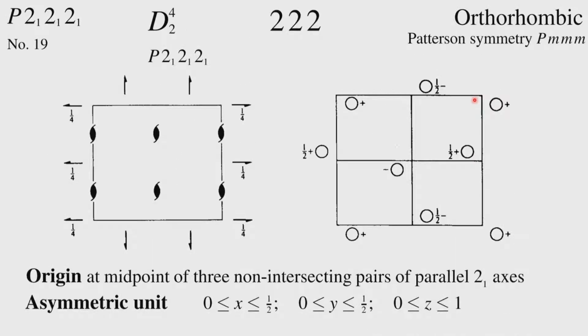So, having done P21 by C, we will now go to an orthorhombic system where we have more than one axis intersecting with each other or not intersecting with each other, as in this particular case, the crystal system P212121. We have studied this in detail and we find that this has 3 non-intersecting screw axes removed from a defined origin by 1/4 in each direction. Therefore, the symmetry elements are indicated here and the equivalent points are indicated here. We have studied it in detail, so I would not go into further discussion.